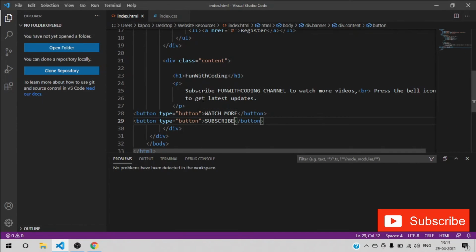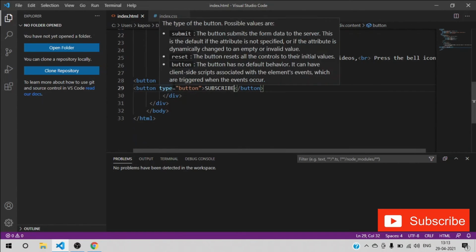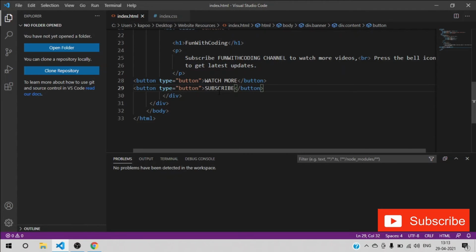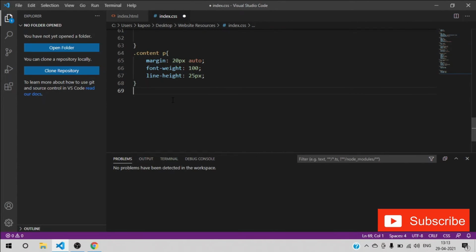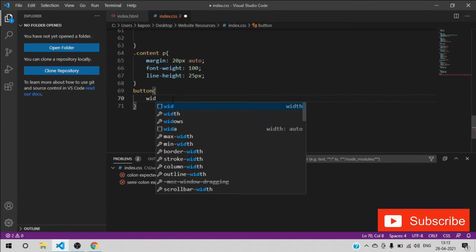Okay, just copy one button from here only, double click, control C, and give the css to this button. So make sure the button is a tag, then we don't need to use dot or hashtag.